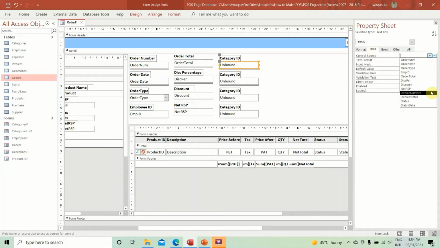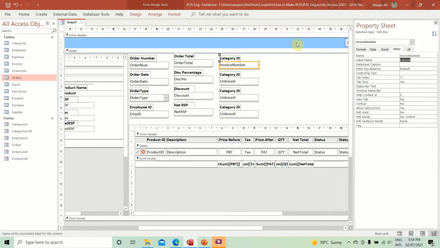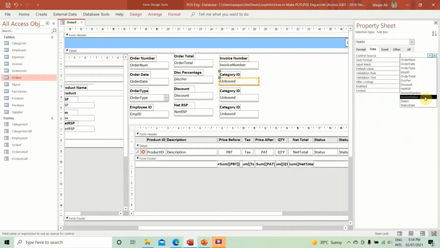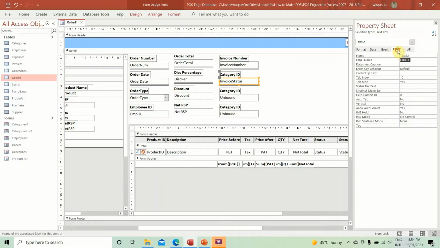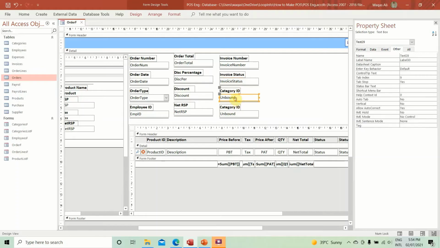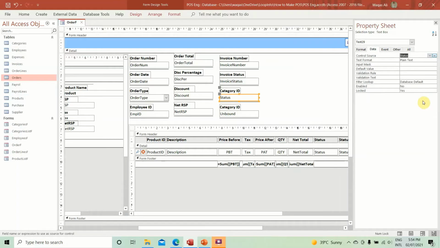After net RSP, what do we have? Invoice number. So we need to have some invoicing information. This is a good to have field. And I will demonstrate to you later why this is a good to have field, but trust me, it is good to have. Invoice number, invoice status, this is also important information. So from the order itself, you can see whether that order has been invoiced or not invoiced, what is the status. So you can do analysis. After invoice status, we have status of order,